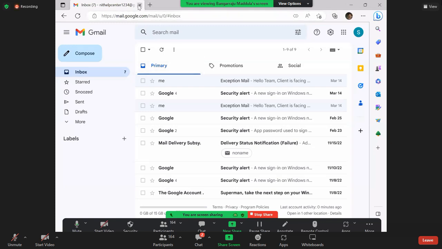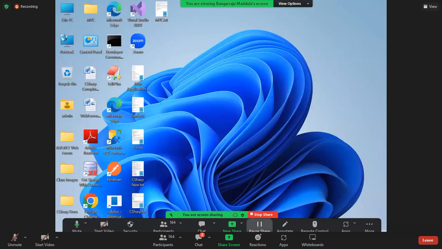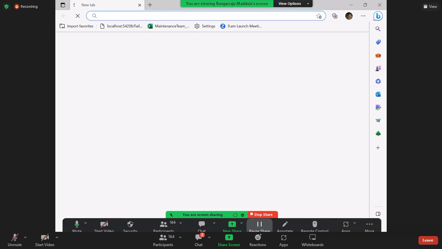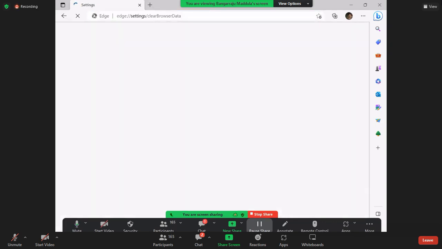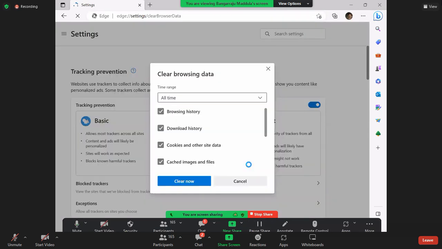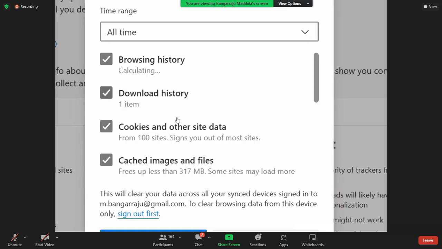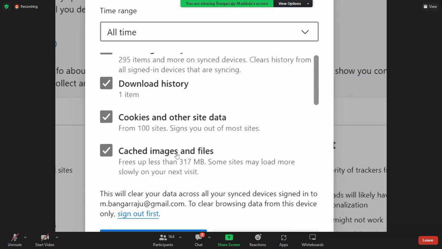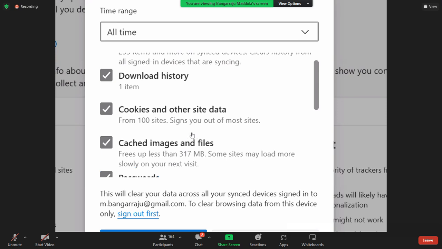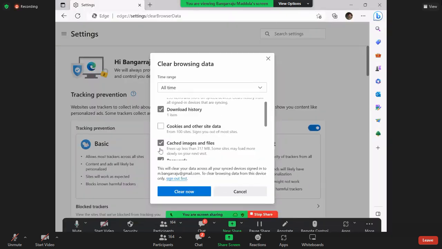Okay, you can delete that cookie. How? In the browser, you will delete history. Control-Shift-Delete is the shortcut. Clear browsing history. If you clear, everything will be cleared. I don't want to clear everything, guys. I want to clear only cookies. Nearly 100 different site cookies are present here. So select that and delete the cookies.